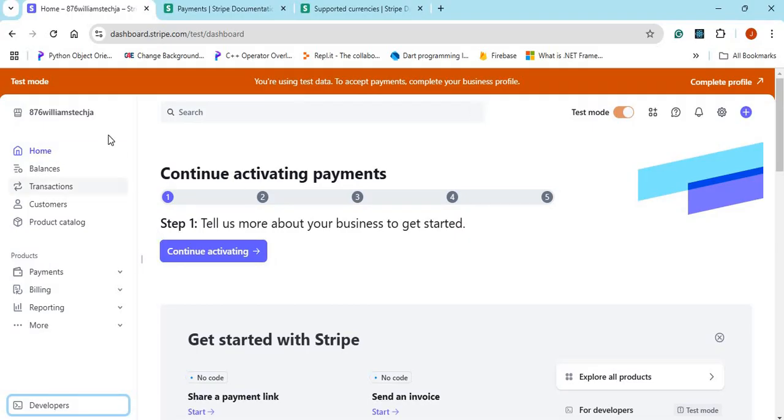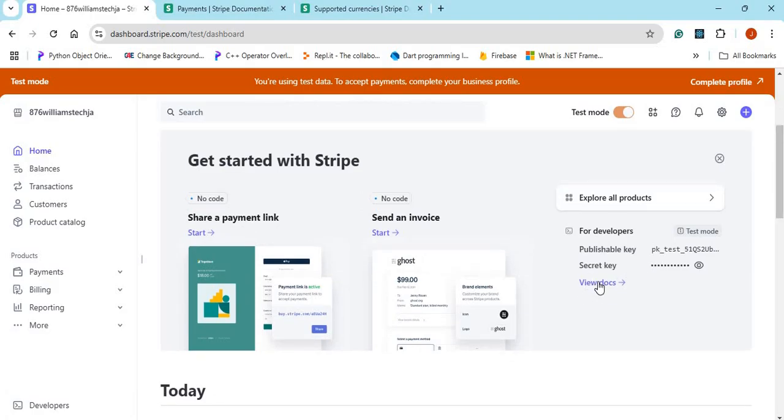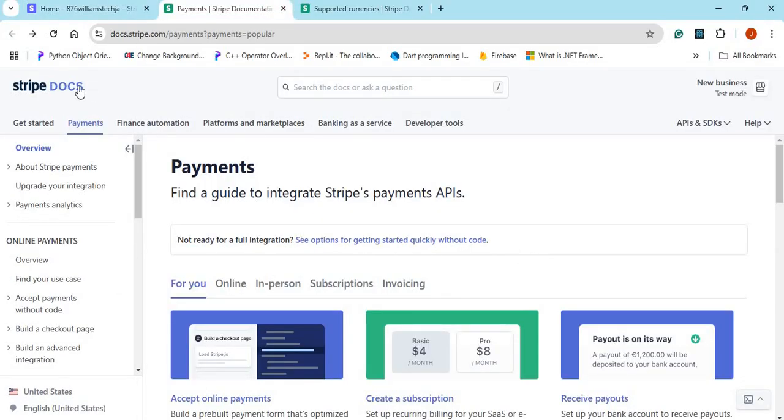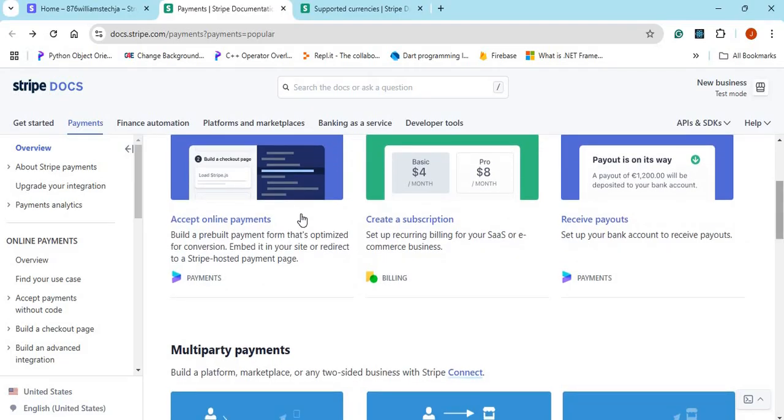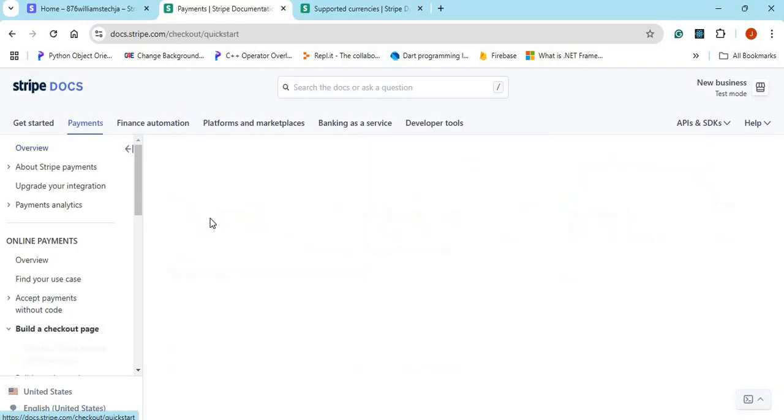Also, just to mention, from the home section of our dashboard, if you scroll, you will see your Stripe docs. Now, this is very useful in terms of how to create your code, how to set up your projects, and so forth. All right, so when you navigate to Stripe docs, under the payments section, you will see a guide to integrate Stripe's payment APIs. Now, the one that we will be using is this one here to accept online payment. Now, if we click on this option,